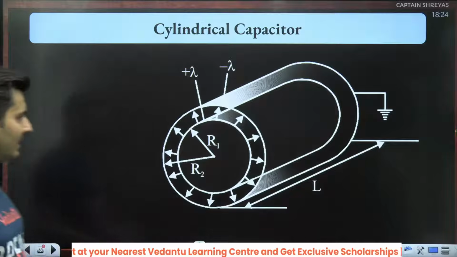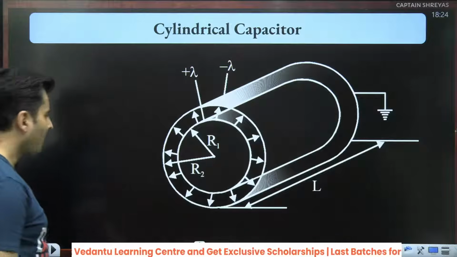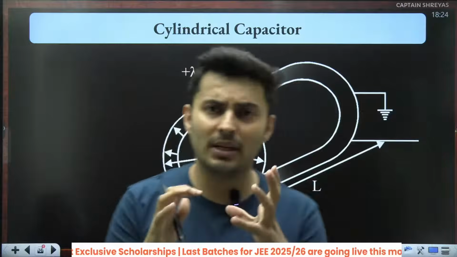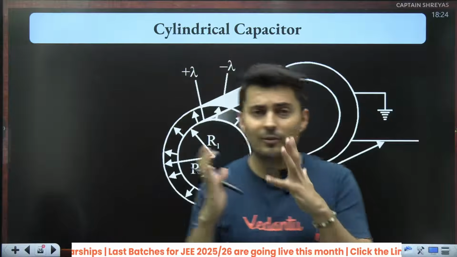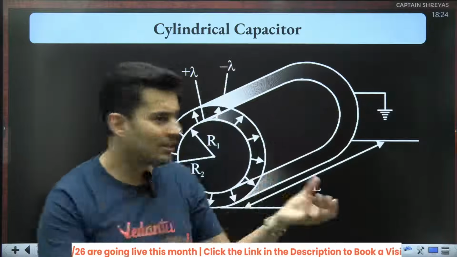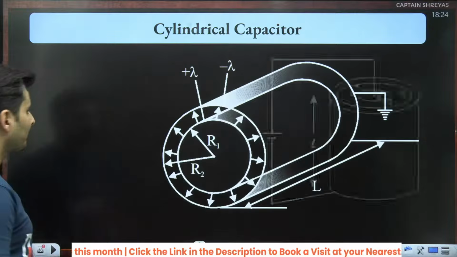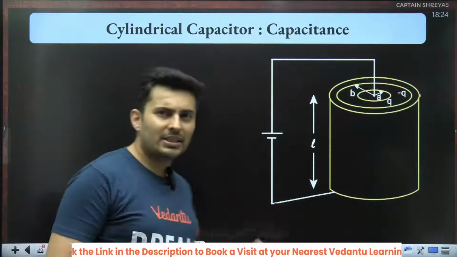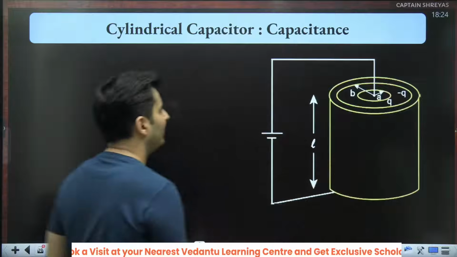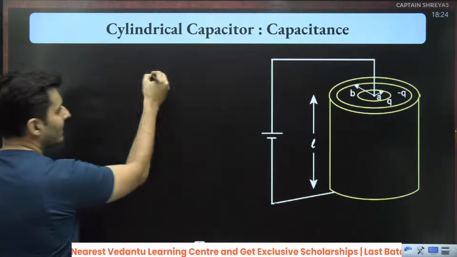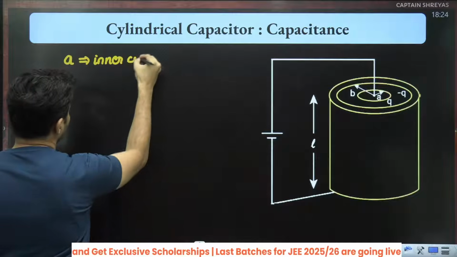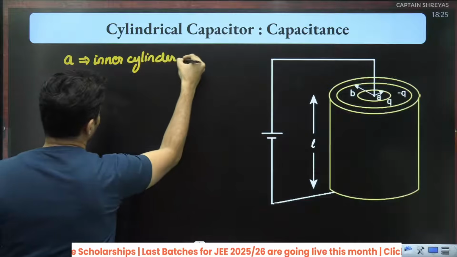Let's move on now to the cylindrical type and the spherical type. In case of cylindrical type, you have two concentric cylinders. One cylinder is positive, one cylinder is negative. The electric field goes from positive to negative, and you will see there is energy which is stored in the space of that capacitor. Using the same logic, derivation not needed, not important, but you will get the value of a cylindrical capacitor, where A is the inner cylinder radius.